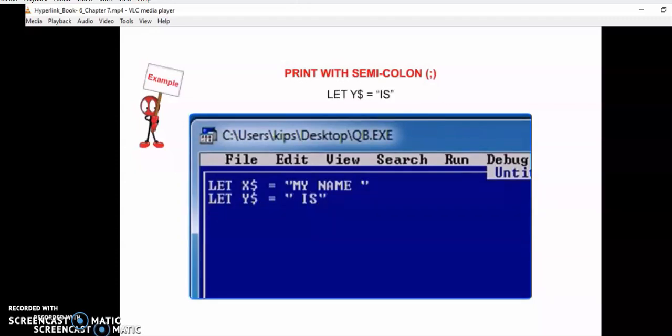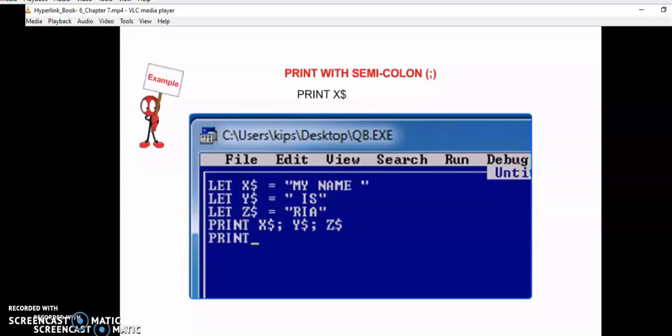Okay, let's see how semicolon works, and only then you will understand since you are new to programming. Don't worry, I'll take it very slow. So let's see, I'm assigning the values of x, y, z. Since they are alphabets, I put the dollar sign. Semicolon I give it. So see how the output comes in.